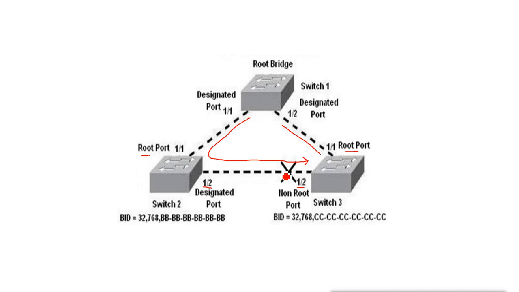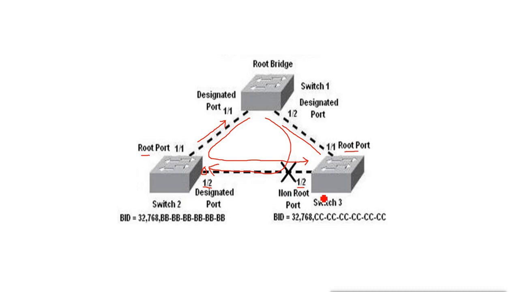And for switch 2 also, the BPDU which it sends here loops back to this side on this port. And by this, switch 2 knows that this is the port which can create a loop. Now they have to disable one of the ports. They have to block this port. Now where will it block? Switch 2 or switch 3?